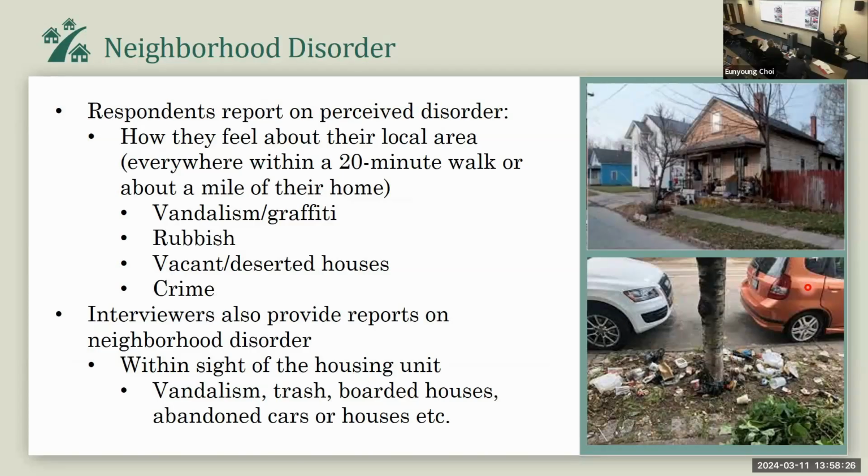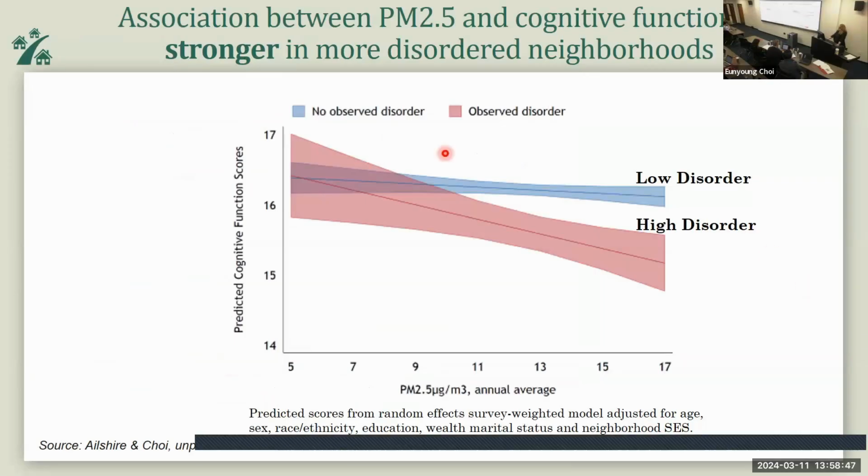And things like criminal activities. But in the Health and Retirement Study, because they have the interviewers out there anyway for those half samples that get the in-person interviews, they also ask the interviewers, what do you see when you're at the respondent's home? Do you see signs of vandalism, trash, boarded up houses, and things like that? So we created this variable for observed disorder, if the interviewer noted anything that approximated disorder versus not observing anything. So the blue line now shows the relationship between cognitive functioning and PM 2.5 for those